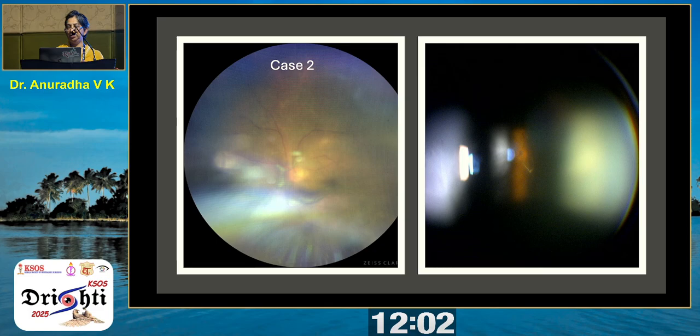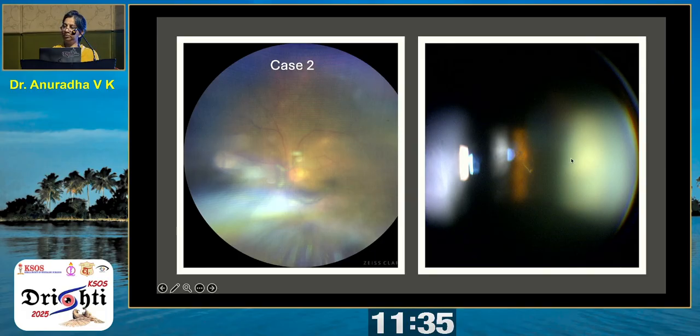Our second patient is a 34-year-old lady who was referred as left eye intermediate uveitis with pain, redness, and decrease in vision. There were 2+ cells and DM folds in the cornea. And you can see in the fundus photo there is significant vitritis, vitreous opacity. There were no focal lesions visible in the fundus. There was no vasculitis, retinitis, or choroiditis.